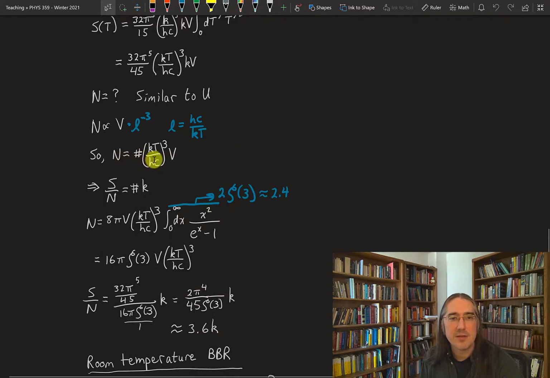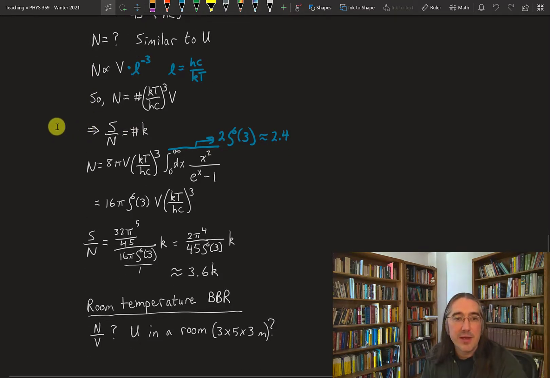That implies, if we compare the functional forms, kT over hc cubed and a V, everything's going to cancel out except you'll get a ratio of numbers and you'll have one copy of Boltzmann's constant. That's it. So the entropy per particle is some number times Boltzmann's constant. We'd like to know the number because for some questions about the evolution of the early universe, the entropy per particle is an important quantity. So this is not just an exercise in fun things that we can calculate, it's something that is useful out in the wider world.